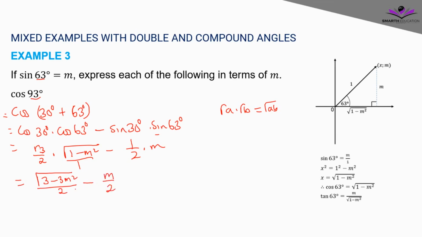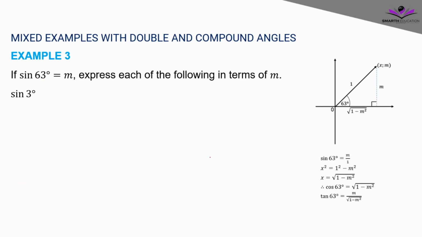Now we have same denominators. We can say this is equal to square root of 3 minus 3m squared minus m, all this over 2. Now